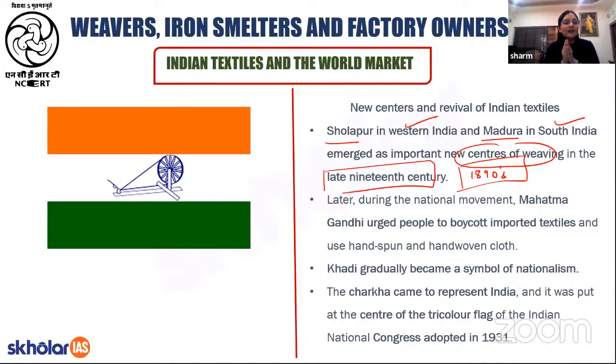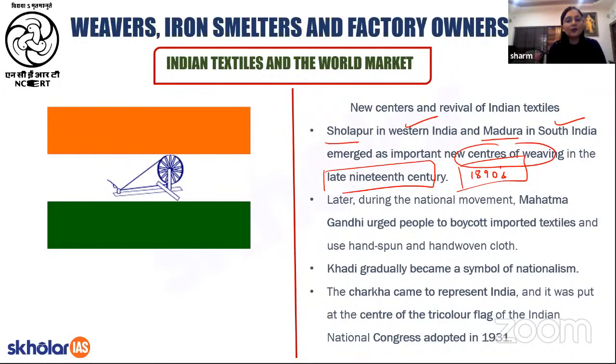जैसे कि शोलापुर इन वेस्टर्न इंडिया एंड मदुरा इन साउथ इंडिया। Now, students, I had told you 2 important points which gave a thrust to the Indian textile industry and gave them a kind of a revival. And under that, I had told you that the national movement was very important because it sort of valorized the Indian textiles. People were made aware that you should use your own domestic textiles and ban or boycott the imported